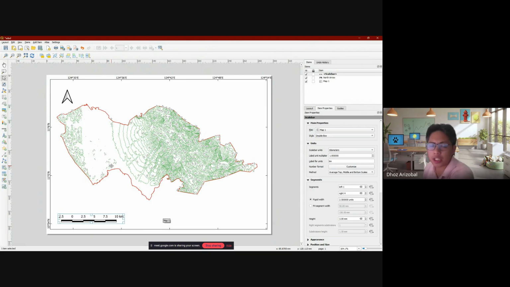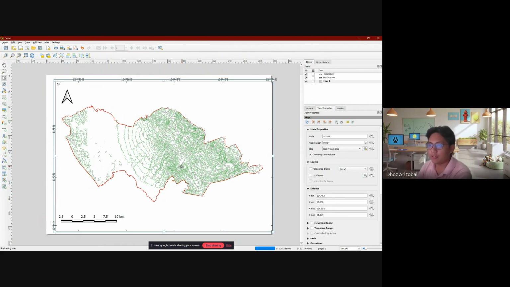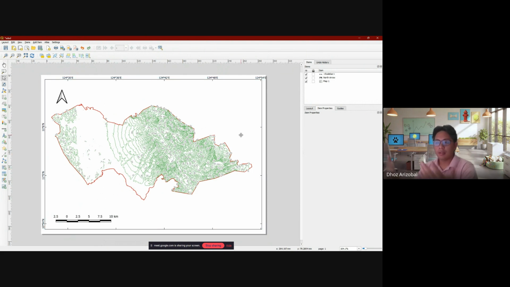So after I'll check your exercise, maybe I'll see your map design, thinking on how you want to present your map. It's up to you how you present your map because this is already good for like a topo map. But what is missing from this topo map? Okay, what's missing is why is it red? So you have to consider your color selection as well. It should have logic in it.